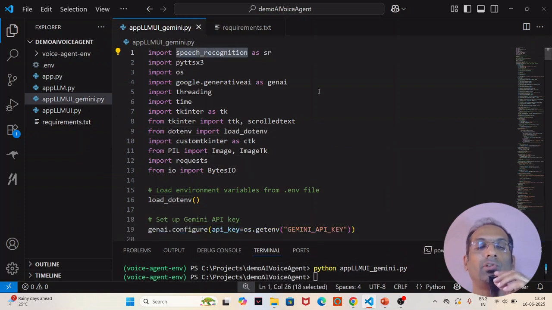This library, speech recognition, is the one that is required for listening to your speech. PyTTSX3, this is used for the computer to make reading the content and then speaking it out. So using this library, the computer reads your command and then converts it into speech. Generative AI, as I told before, this is the library that you require to interact with the Google's Gemini models. Okay. Particular libraries, so